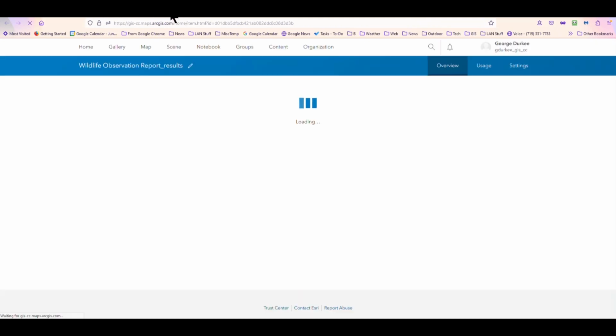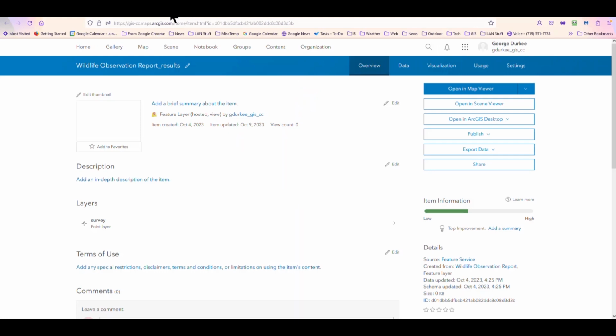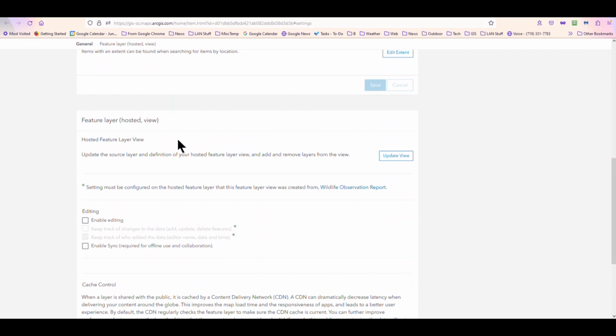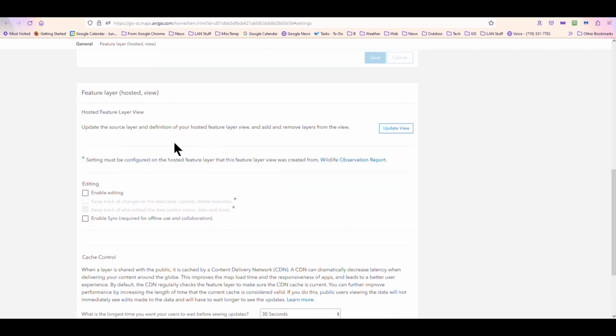But in this case, nobody. This is just, as it says, the results. And as it says, this is just the results view. So you keep a running tab of everything that's being entered. Now you can enable editing if you just want to use it yourself. And you can enable syncing for other folks being able to edit